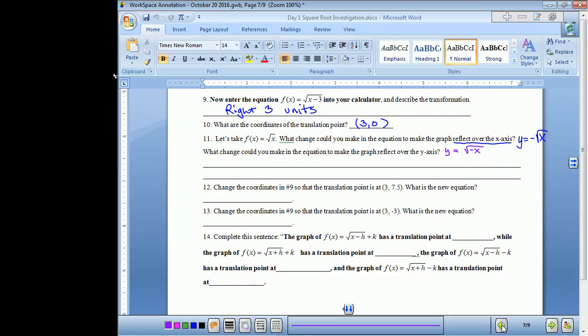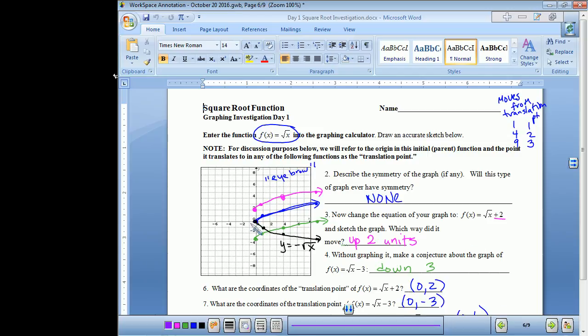So let's graph that one now. Instead of going right, we go left and up 1. Left 4, up 2. Left 9. So it's got to be inside. So if the negative is inside, it reflects it over the y-axis so that it opens this way. So this is the square root of negative x,